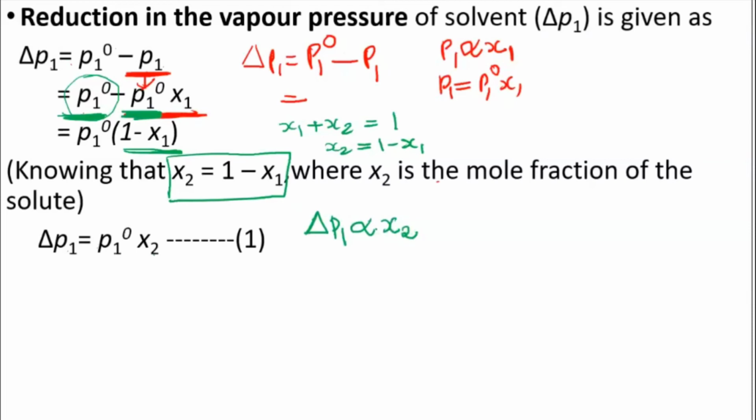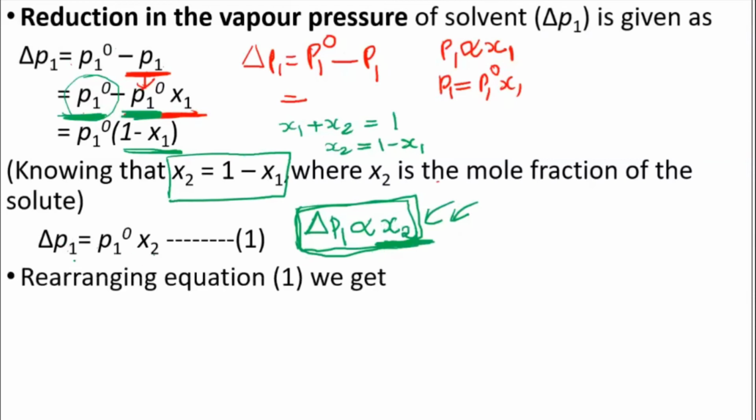The reduction which is going to happen in the vapor pressure will totally depend on the mole fraction of the solute. The more solute you add, the fewer vapors you are going to get. That means more and more reduction will keep happening, and more will be the lowering in the vapor pressure. So mathematically we can come to the conclusion of whatever we have seen just now in the experimental part. Just by taking P1 naught minus P1 and substituting all the values, you get to know that the lowering in the vapor pressure is directly proportional to the mole fraction of the solute. So more solute you add, more will be the reduction in the vapor pressure. So this is the lowering in vapor pressure.